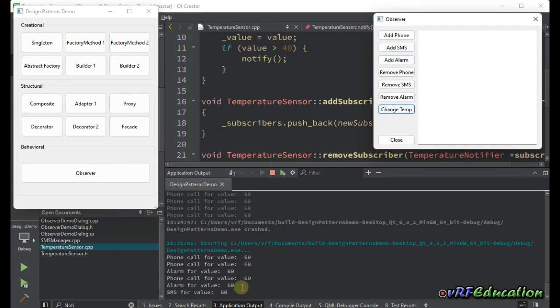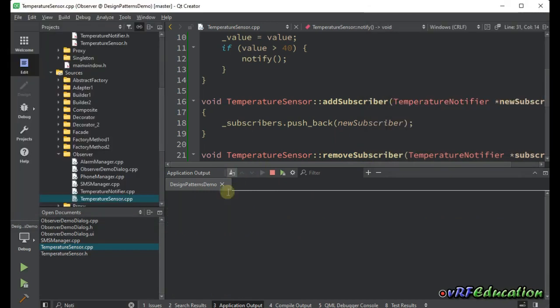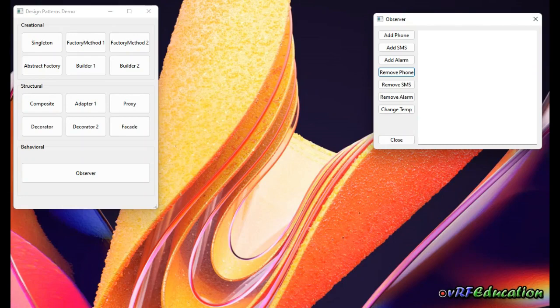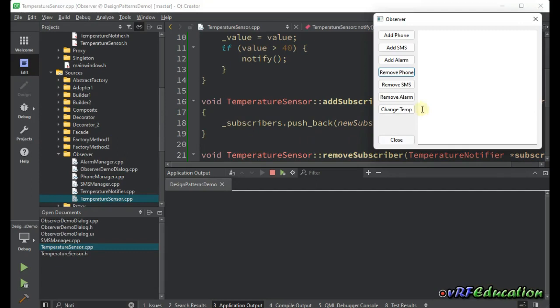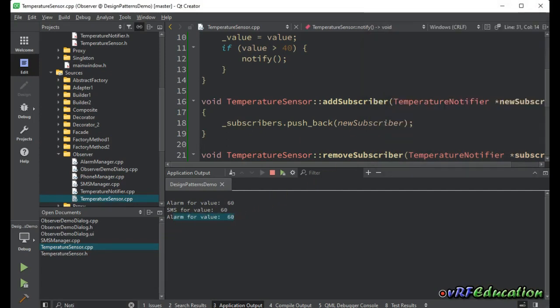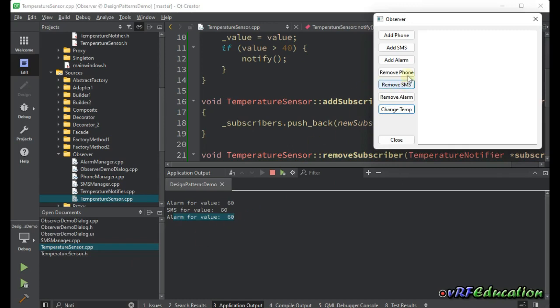So here we have three different outputs: phone, alarm, and SMS. All the subscribers will be notified. And then let's, for example, remove phone. This time we just have SMS and alarm as our subscribers. Let's clear the output and bring this again. If I press change temp, you can see we have alarm and SMS, so I can remove SMS. And if I press change temp, we have only alarm, and if I remove alarm,